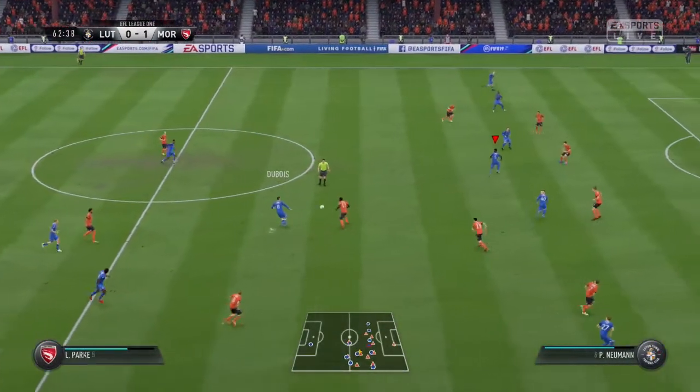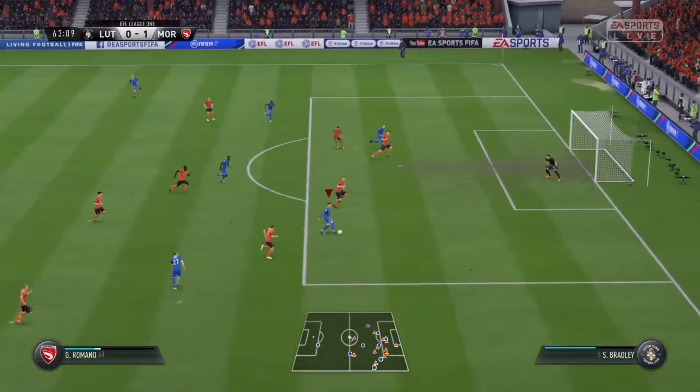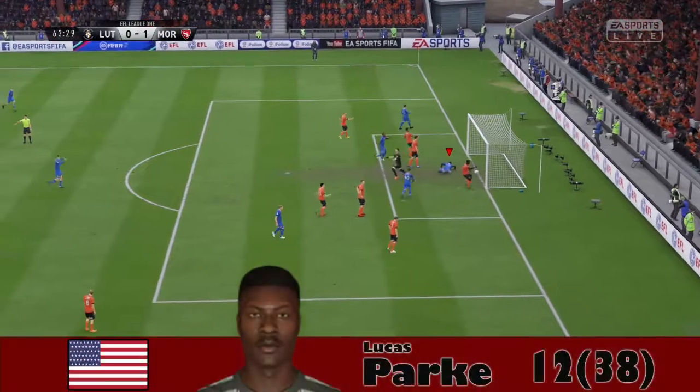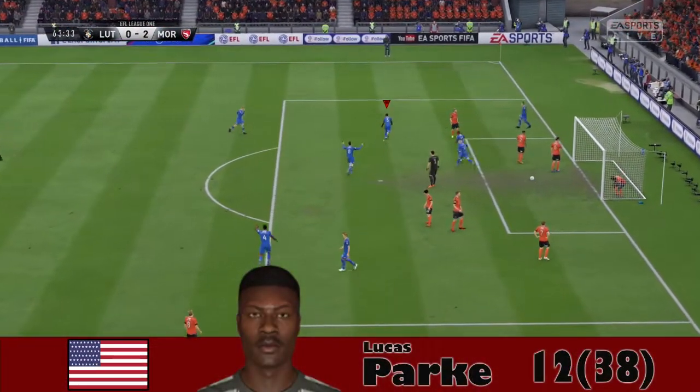Mitchell will get it up to Dubois, right into Park. Park holds up. Looks for Romano, who has a little bit of a seam. He'll lay it off. Romano right back to Park in front of the net, and he roofs it. And it's Park being taken down by the keeper, but putting it in the back of the net for a